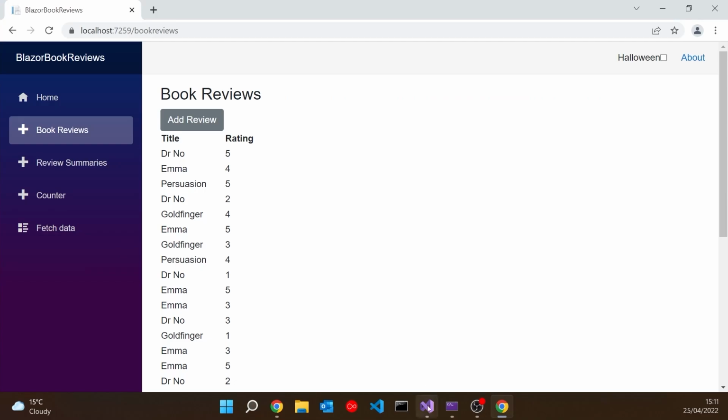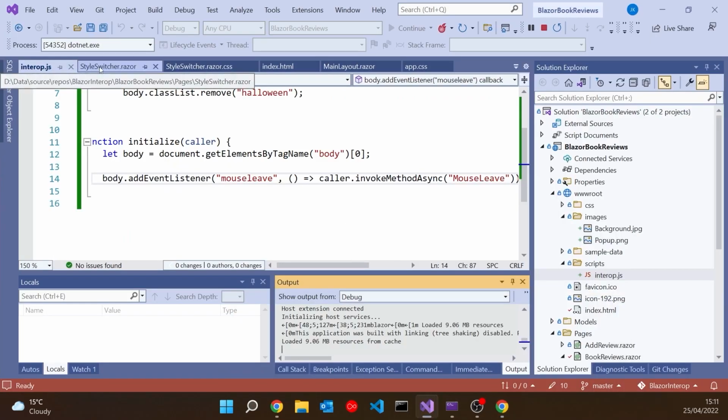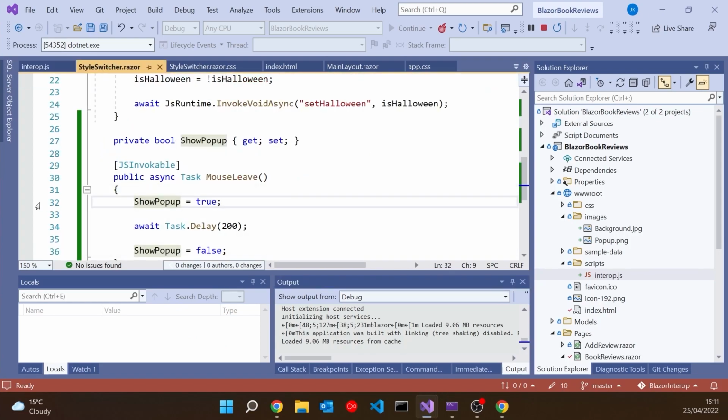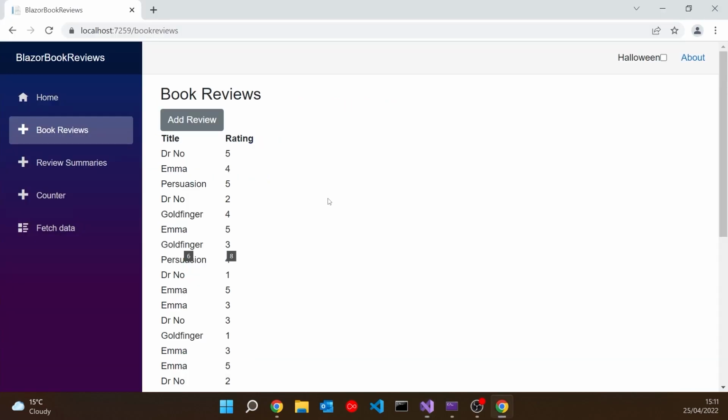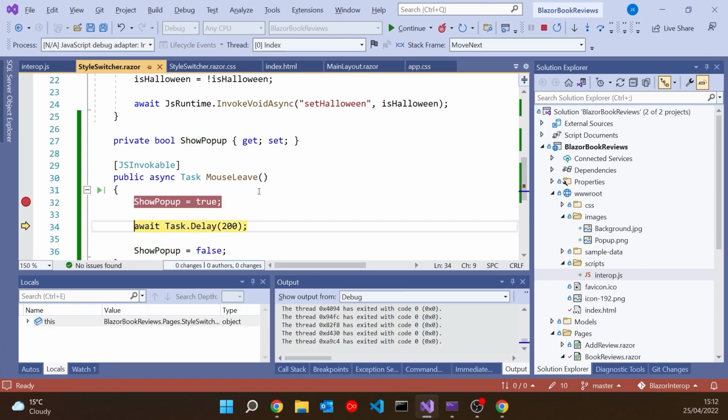Now we can check a bit of that in the debugger, because if we go into our function and put a break on there, and if I go back and move out, well, you can see we're actually hitting that breakpoint. So it is coming in here and doing what we want it to, but it doesn't actually appear to display the pop-up.